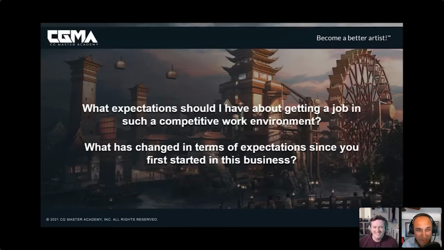So animation's actually seeing a spike in a lot of hiring. I guess my question is, have the expectations changed since you first started in the business because of that competition, or is this still a space that hasn't really been visited much by a lot of people?